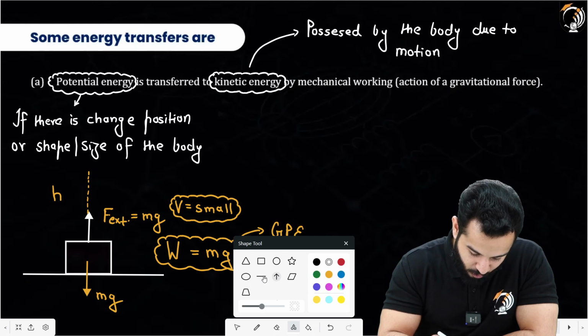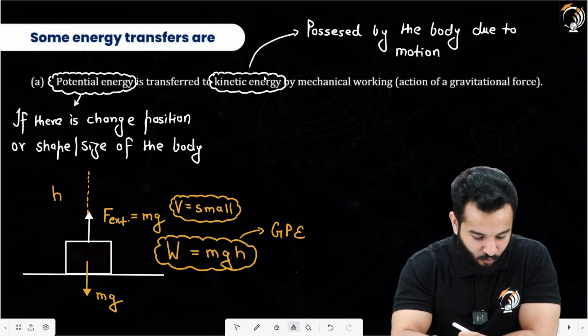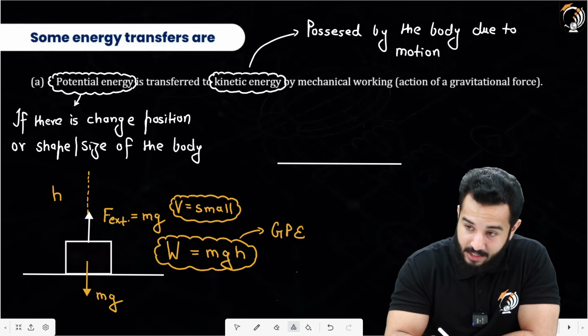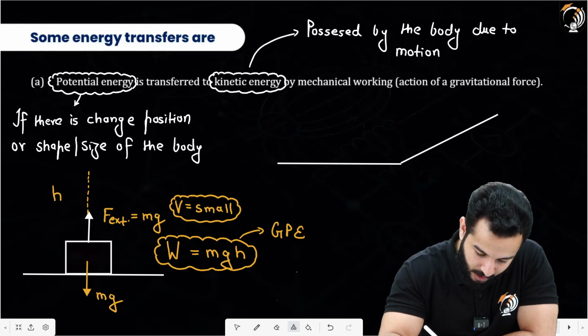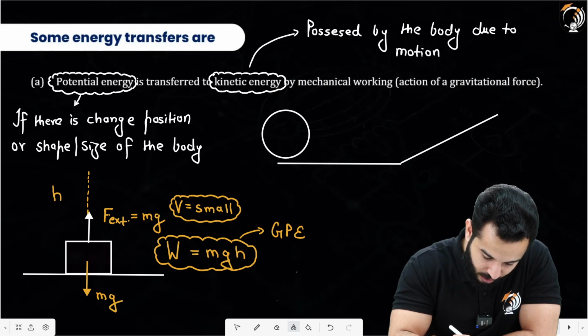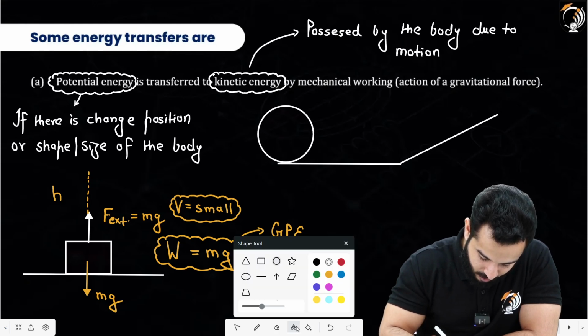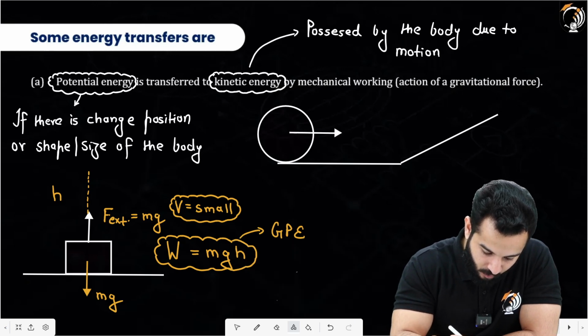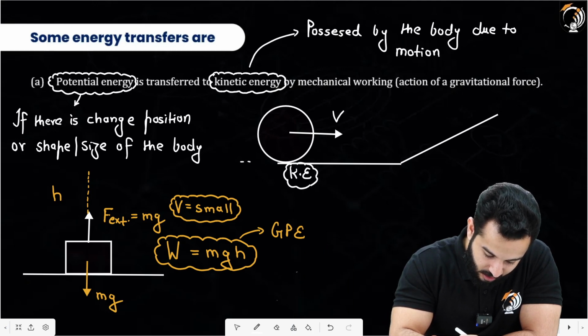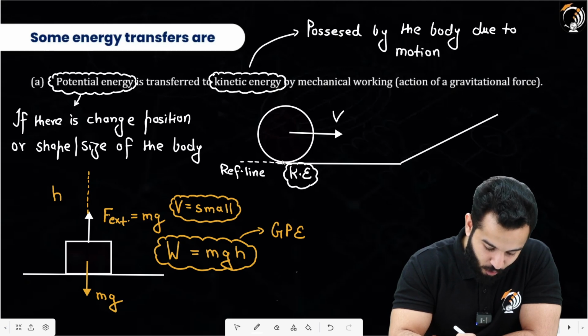For now, we are just going to say that potential energy is transferred from kinetic energy by mechanical working. This basically means, let's suppose that we have got a surface something like this, and then we have got another surface something like this, and a body is moving. Let's suppose that a ball is moving in this direction with some speed v. So right now it has got some kinetic energy, and I'm going to choose this straight line as my reference line,